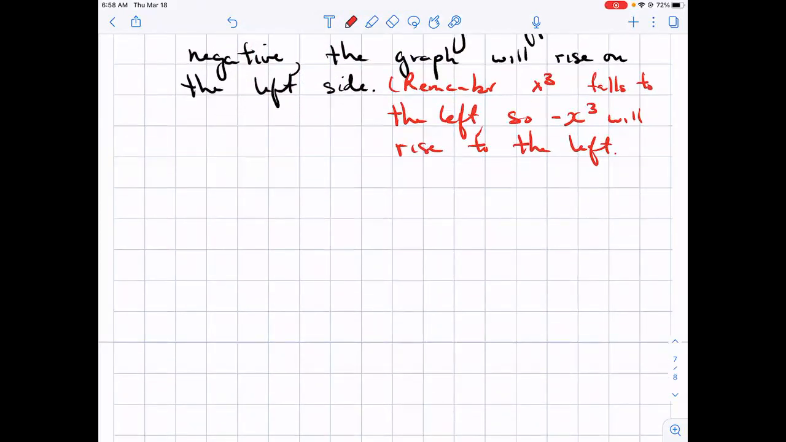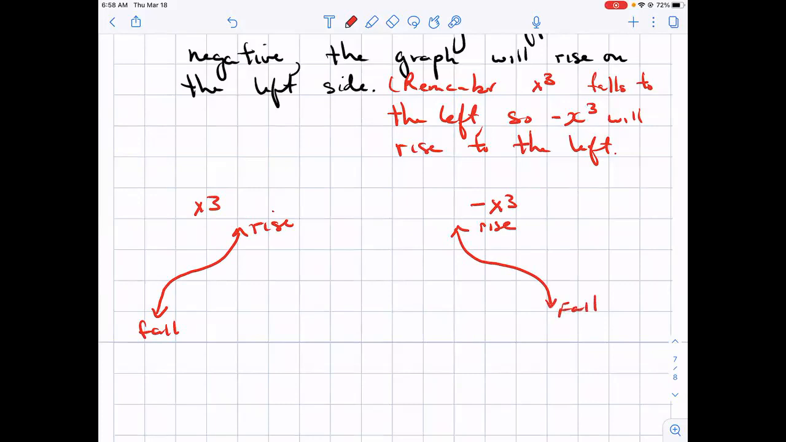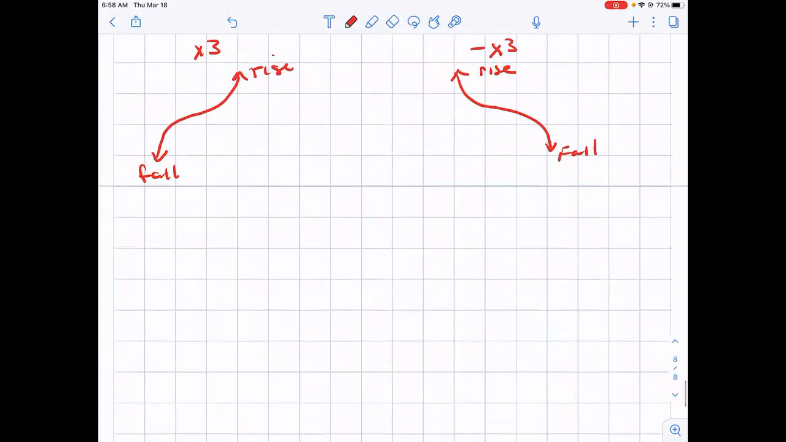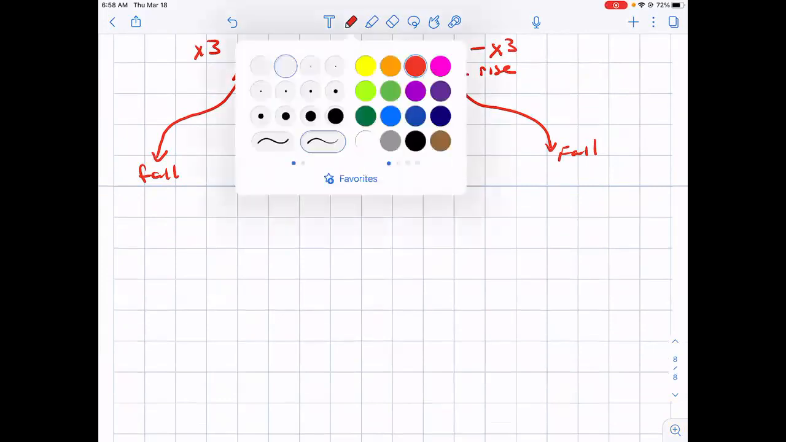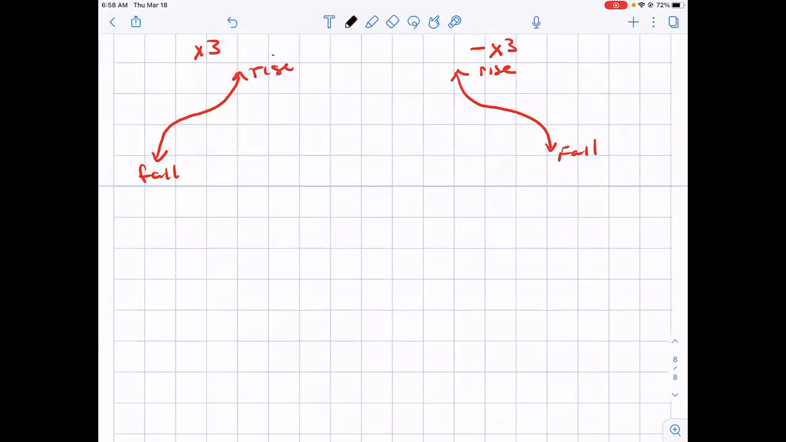So if you have x cubed, it looks like this. Here we fall, here we rise. Minus x cubed looks like this. Here we rise, here we fall. Okay, so when I ask for the degree, we can say the degree is odd and the leading coefficient is negative. So this graph,